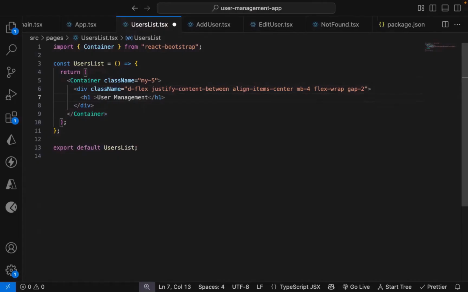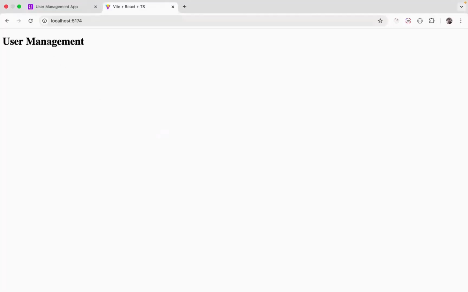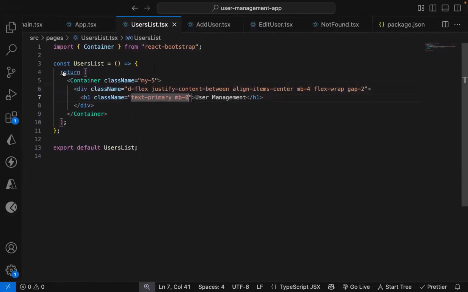Let's use some classes. You can say text primary, which is the blue color, and let's say margin bottom 0. So let's see how it is. You can see user management is it. But if you see our CSS, the bootstrap styling colors are not getting applied because we need to first import